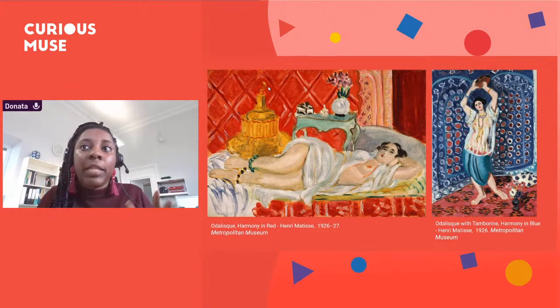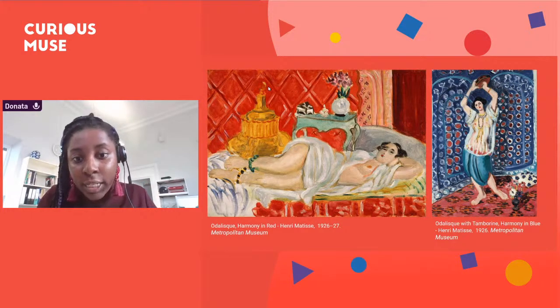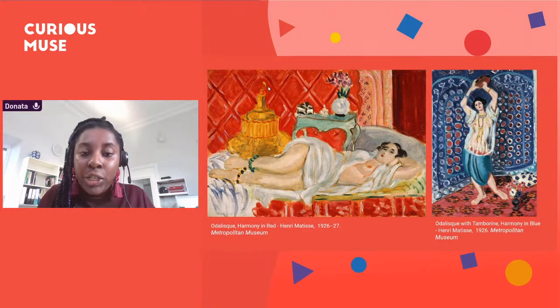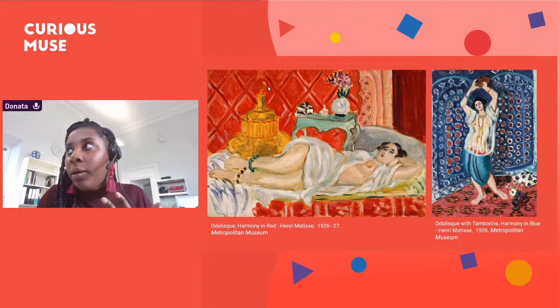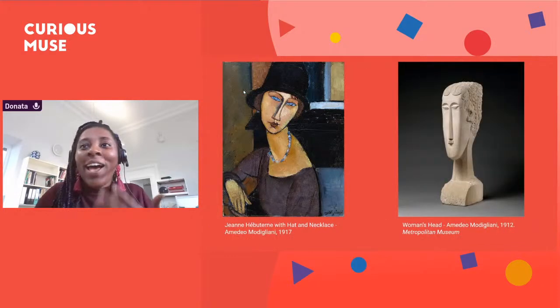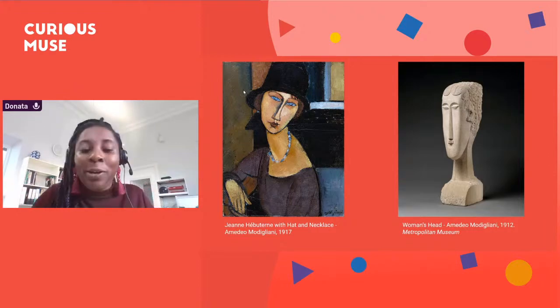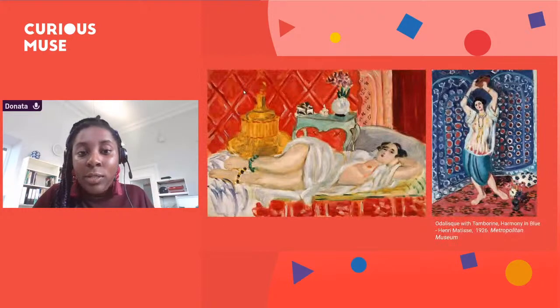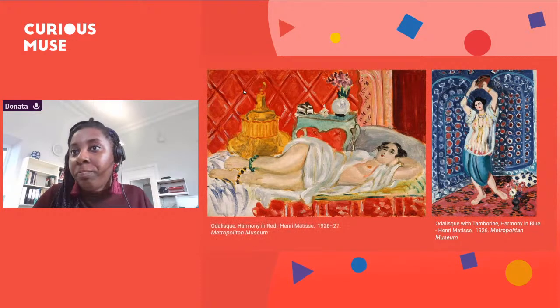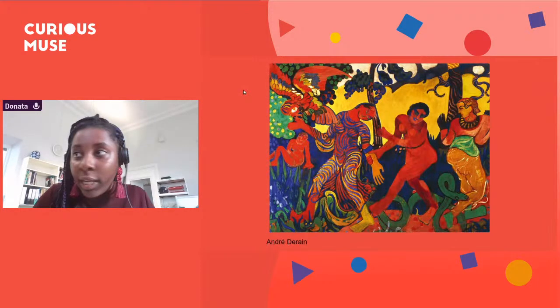We see the women here, but they don't have names. We see them through Henri Matisse's eyes in a very sexualized way. They're in that kind of servitude, enslavement position as odalisque, but without tops and without the kind of named presence, like Jeanne Hébuterne, that we see with other portraits of Western women during the time. Just wanted to highlight that quickly.